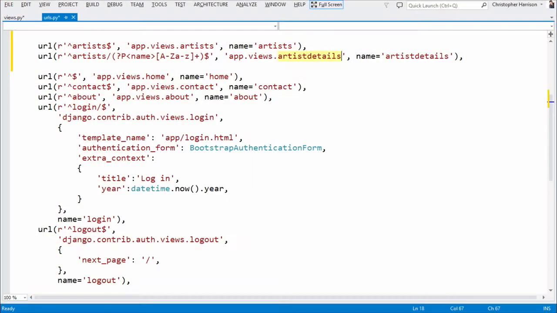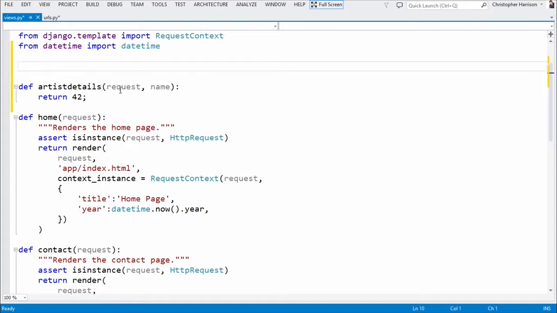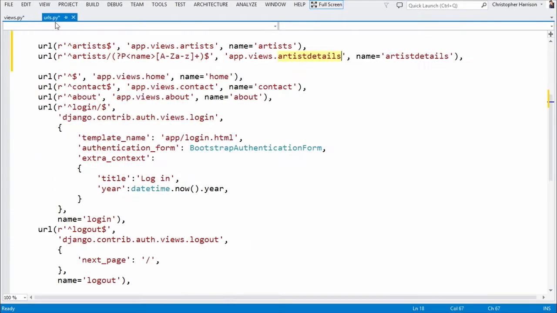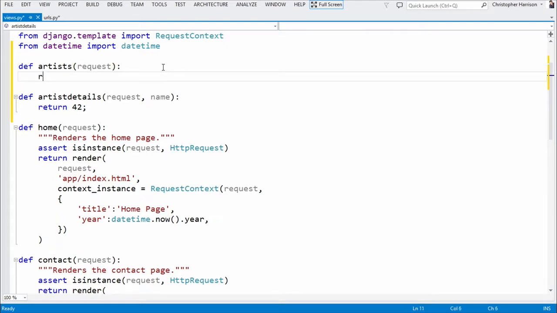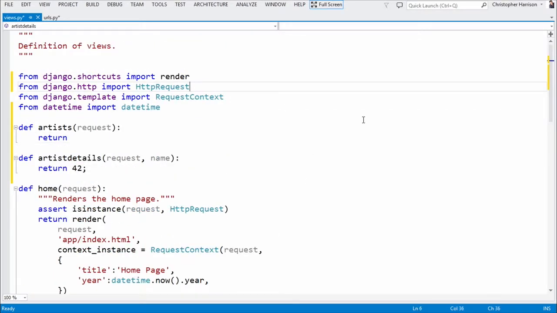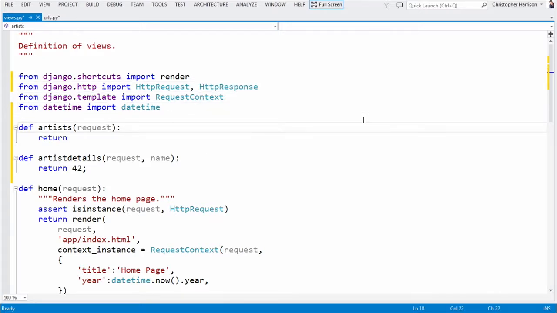So let's go ahead and actually add that in, shall we? Let's actually see something displayed out. What I'm going to do is come over here to my code and add in artists. Just to highlight that once again, there's our artists, and we're going to call @viewsArtists, right? So I'm going to come back over here and say def artists, request, and let's say return, and we want that HTTP response. It's not imported by default, so I just need to add that in, HTTP response, and let's say return HTTP response,